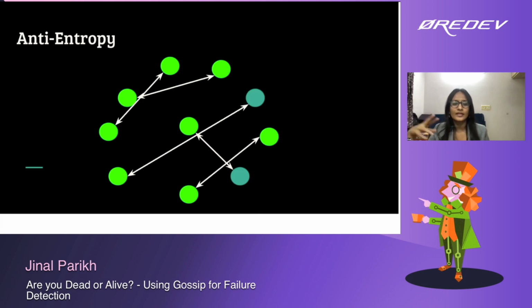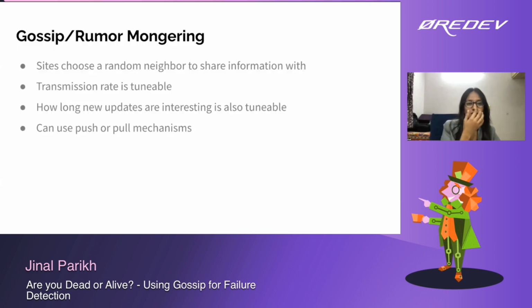So this recent update list was also better than the previous one. This was just discussed in the paper, and it was interesting because it's an improvement over the previous algorithm. So next is rumor mongering, where basically